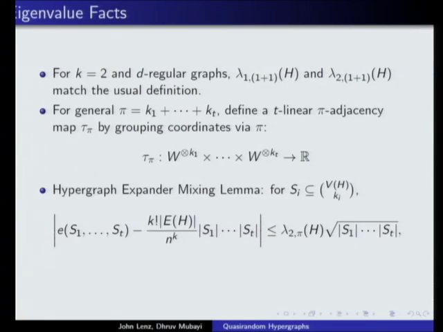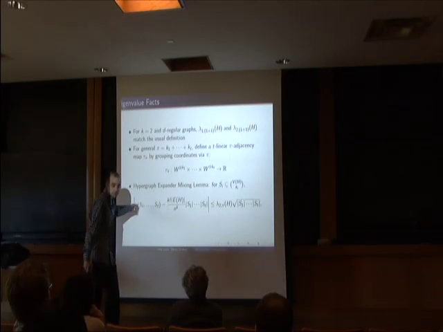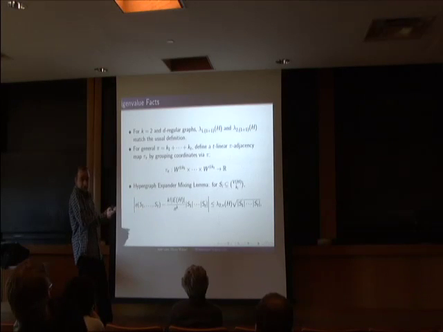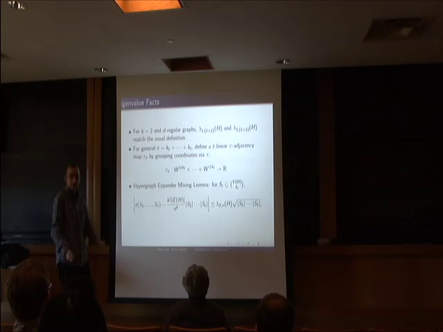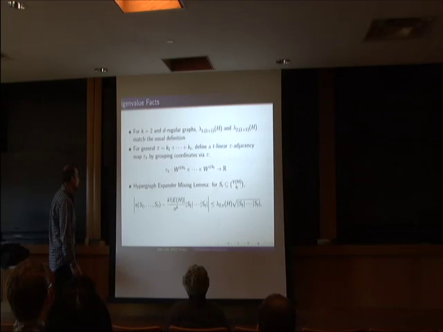So the crucial fact that we need is to relate eigenvalue, EIG, to EXPAND. That was one of the crucial things. So if you know EIG, you should tell me EXPAND is true. Expand is asking how many edges are in here, and it's saying that the number of edges in here should not differ too much from the expectation. If you know EIG, then you can just take the characteristic vector for this set and apply the map to this characteristic vector. The main term is the number of edges and the error term is the definition of the second largest eigenvalue. These sets don't have to be one-element sets, they can be k1-element sets, k2-element sets, as long as things have been defined with the right domain, and we do. So that's how you relate